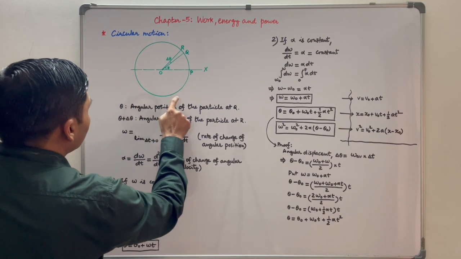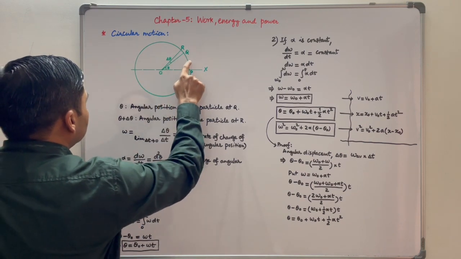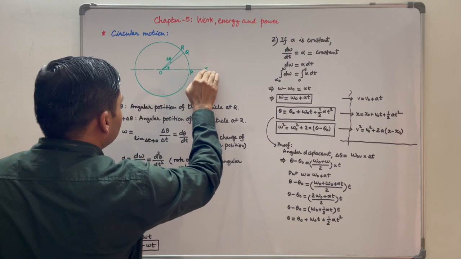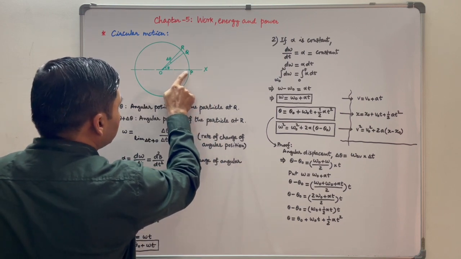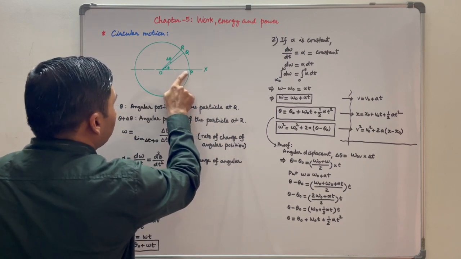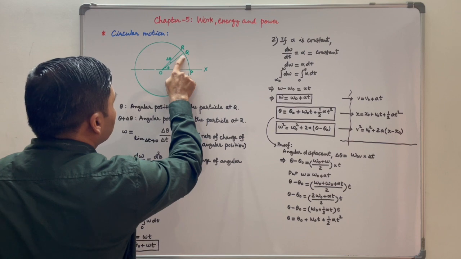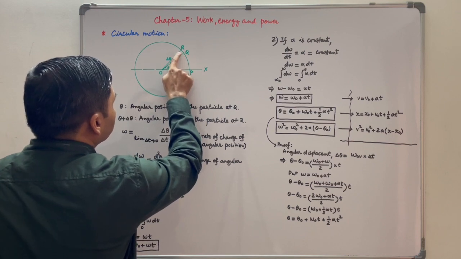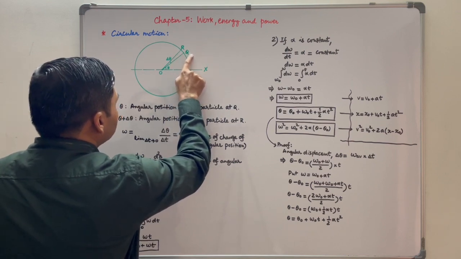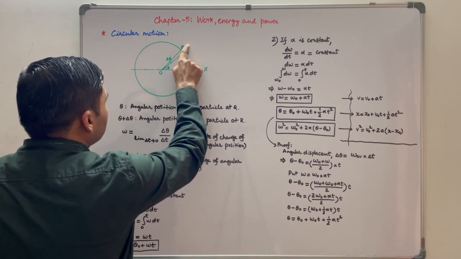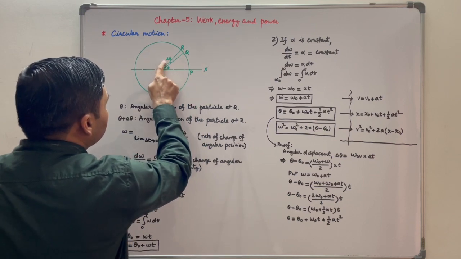Consider a particle is moving on this circular path. It has center at O, OX is x-axis. At t is equal to 0, particle was at point P. At t is equal to t, particle was at point Q. And at t is equal to t plus delta t, particle was at point R. At point Q, angular position of the particle is theta. At point R, angular position of the particle is theta plus delta theta, where delta theta is angular displacement of